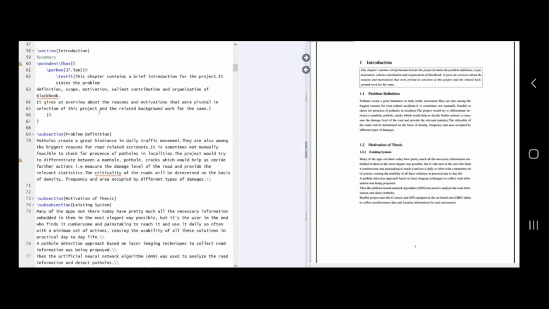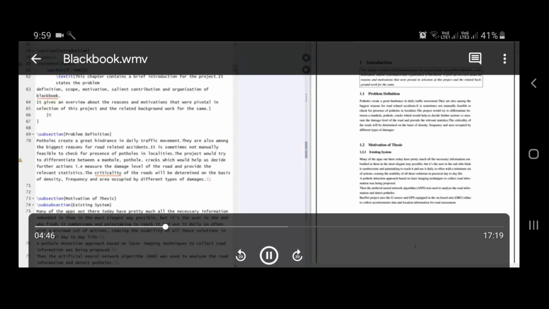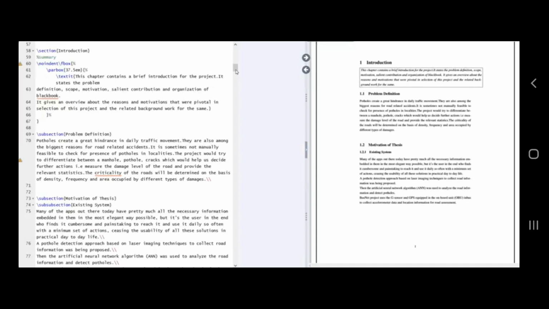Now I start with the introduction. This is very important, because for the introduction we have been told to make a bordered box type border. In that we have to write about what this chapter contains. So we start a section introduction. Then you use this format, person summary, because it is a kind of summary for us. Then you write no indent. There is not going to be any kind of indent in that box, not left align, not right align.